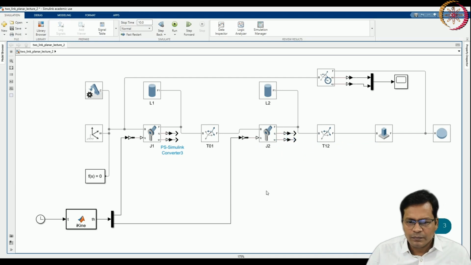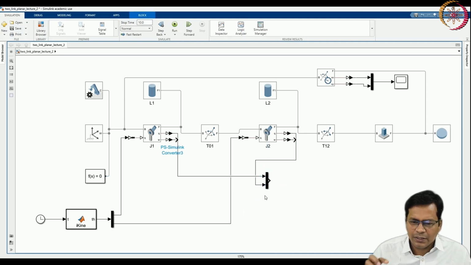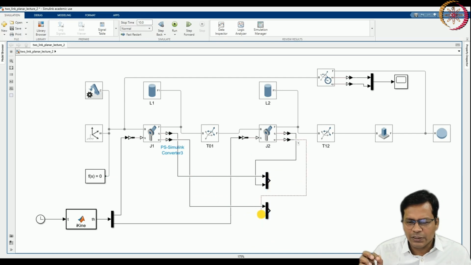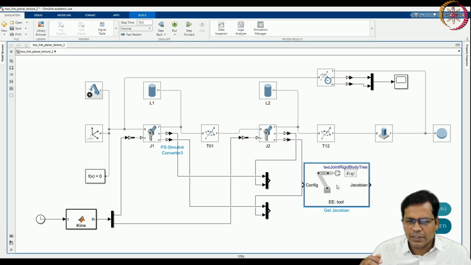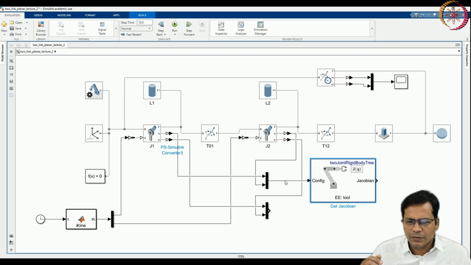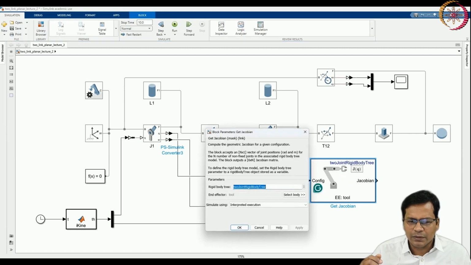I will pack them together now. Both the joint angle positions are packed together as a single vector. Again I will pack the joint angular velocities here, that is simply the joint velocities. So now I have inserted the block called Get Jacobian.